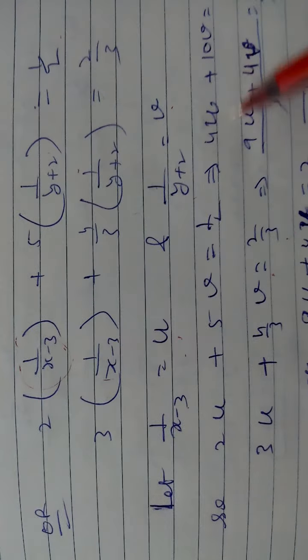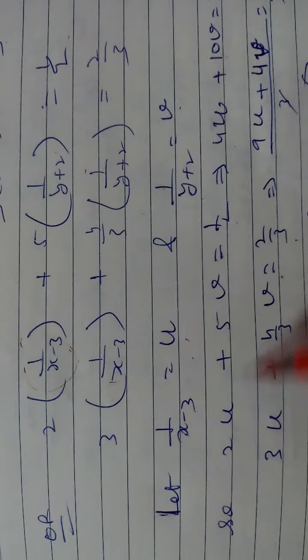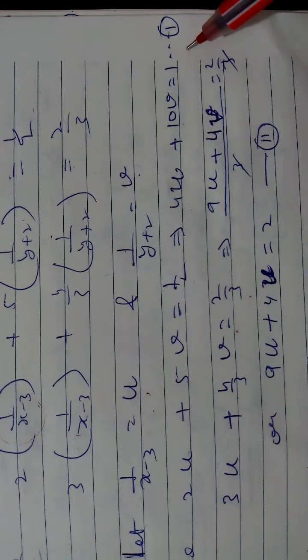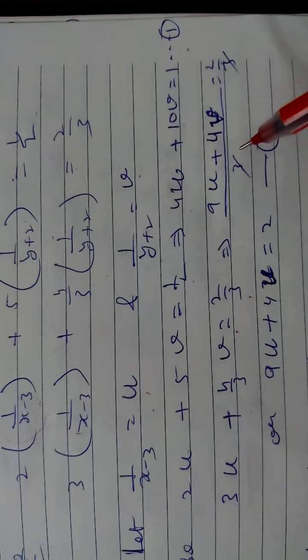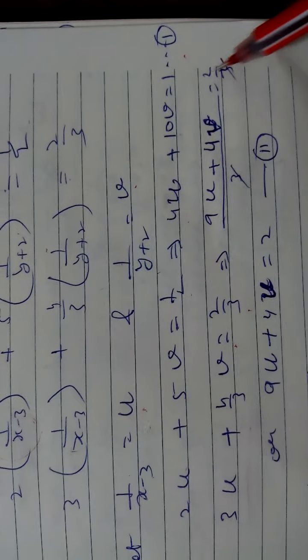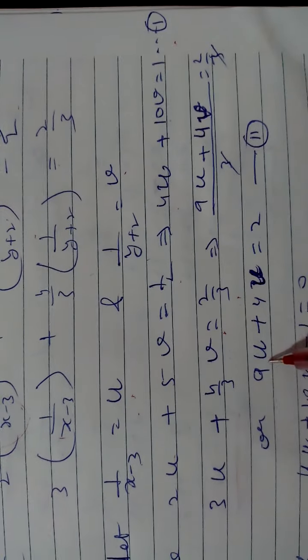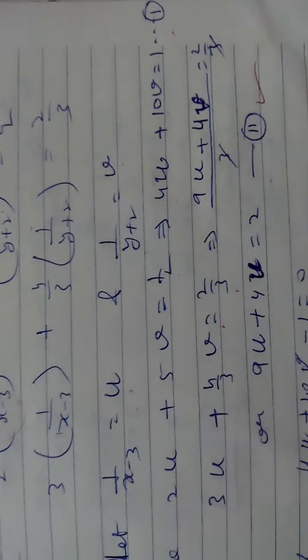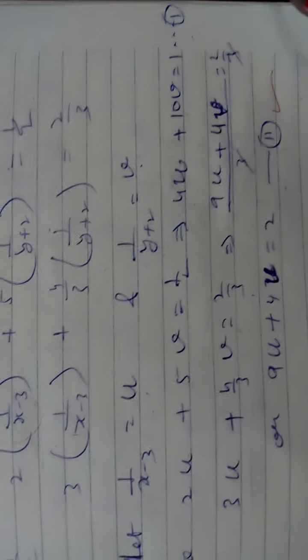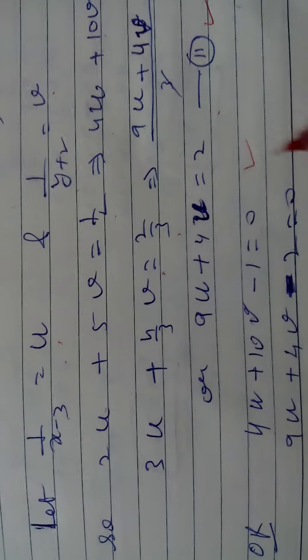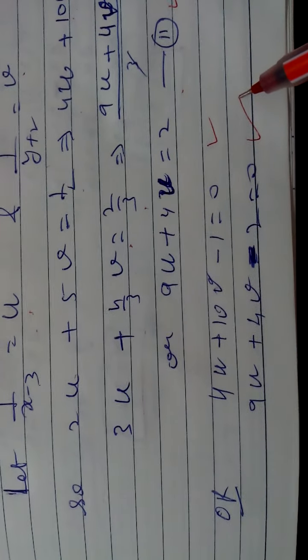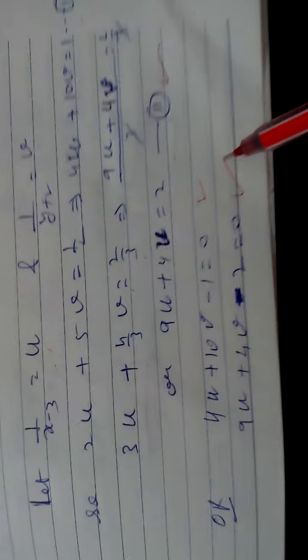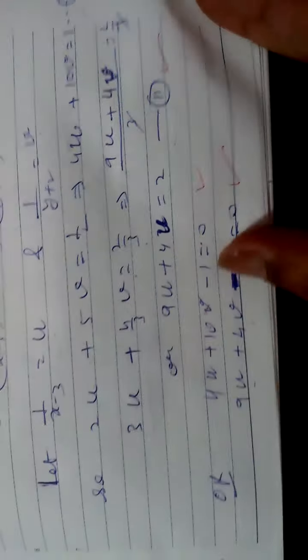Cross multiply, I am getting 2 4s, 2 5s are 10, 2 is multiplied this side, getting without fraction. First equation, here I am taking LCM first, 3 3s are 9u plus 4v upon 3 equal to 2/3, 3 and 3 cancel, you are getting 9u plus 4v is equal to 2. Two equations I am getting. Writing in the standard form, I am applying the rule of cross multiplication method. Writing in the standard form a1, b1, c1, a2, b2, c2 here. Here I have written all.